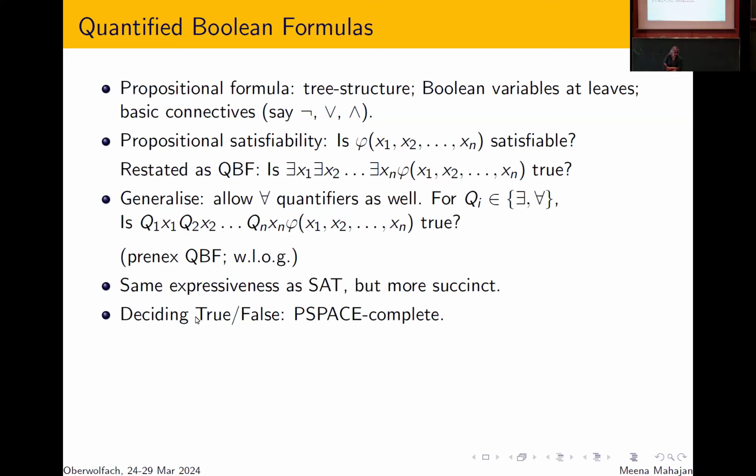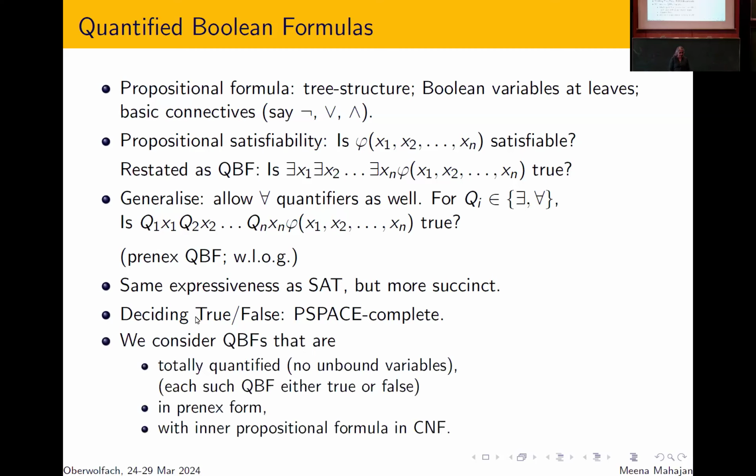So now the kind of things that you could express with QBF are no different from what you can express with propositional formulas and satisfiability. Expressiveness does not change. What changes is the length of the expression for the same condition. So it's a more succinct way of expressing things. And because the expressions are more succinct, it could be easier to prove lower bounds perhaps. But on the other hand, because there are these universal quantifiers, maybe there's more attention that one has to pay to that, and that could make things hard. So in general, deciding truth or falseness of a QBF, we know this is PSPACE-complete, so it's harder than NP.